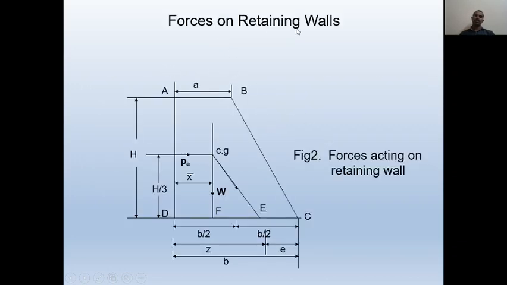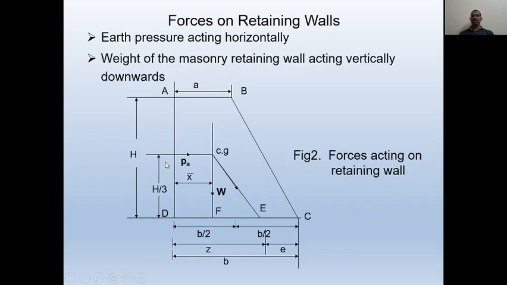Now let us see what are the forces acting on the retaining wall. First, we have the earth pressure acting horizontally. Again, horizontally refers to the earth without surcharge. So when there is earth well below the top level, or generally at the top level also, up to the top level, the earth pressure acts horizontally. But when the earth pressure is subject to surcharge or surcharge inclination, then automatically the pressure due to earth will also act in the inclined direction.